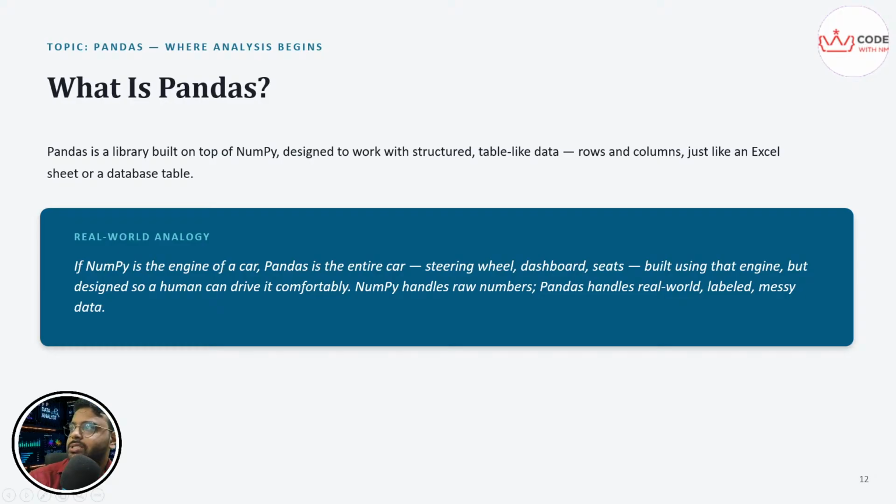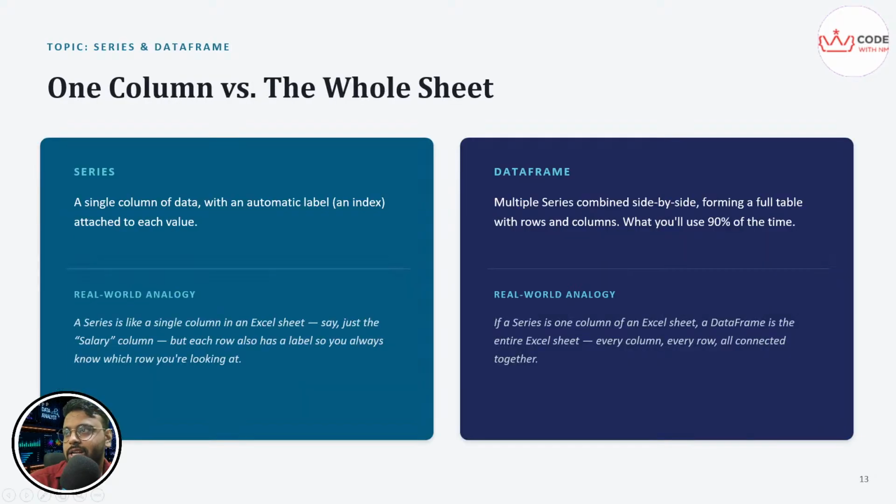So let's jump on to VS Code and see pandas, and then we will come back to this PPT. This PPT is basically for you to have a picture on the screen and to understand the concept, but the major thing is we need to understand the code and the dataset also. Here I've covered what is a series with a real world analogy, and the data frame, and I will be jumping to this, but first let's see pandas in action.